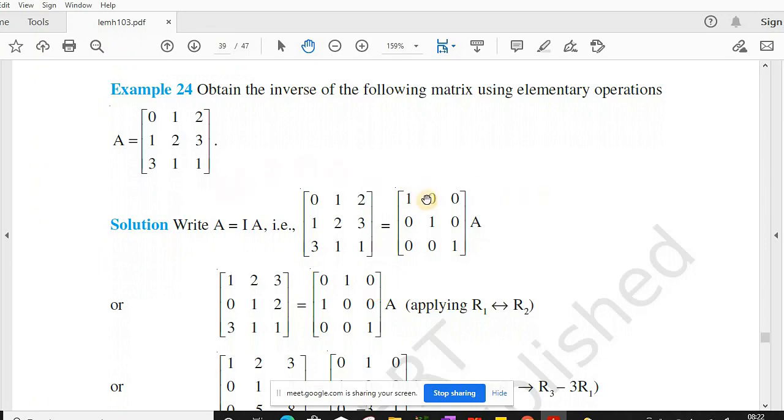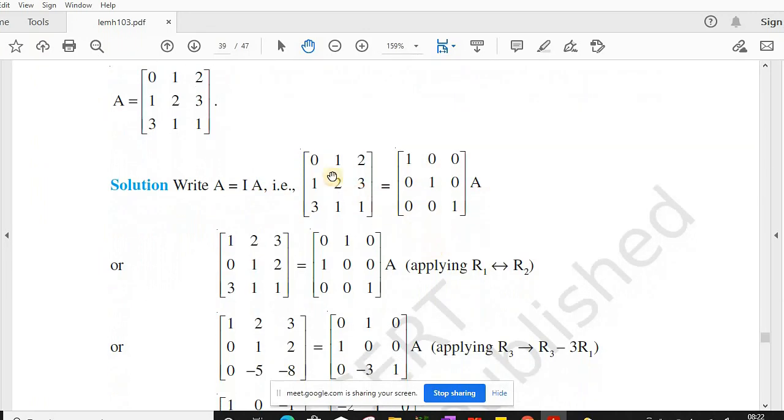You can use only row operation in a problem or column operation in a problem, not both. Here is this thing: obtain the inverse of this matrix using elementary row operations. So this is a matrix. First of all you write A equals IA, that is, on the left hand side you write A as given, and you replace the right hand side with I, and you keep the